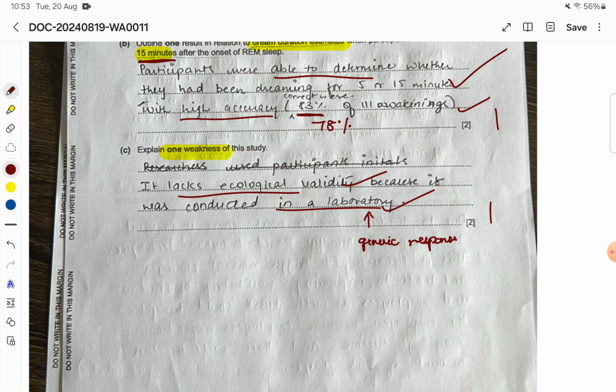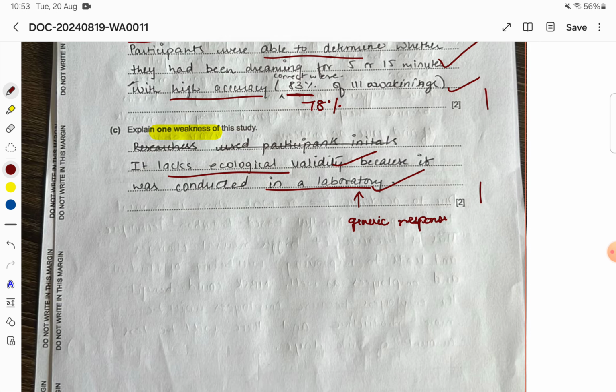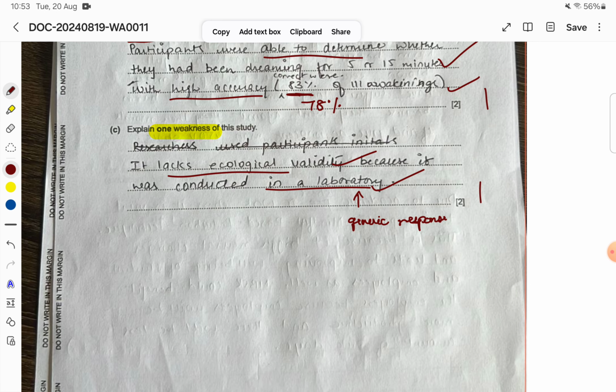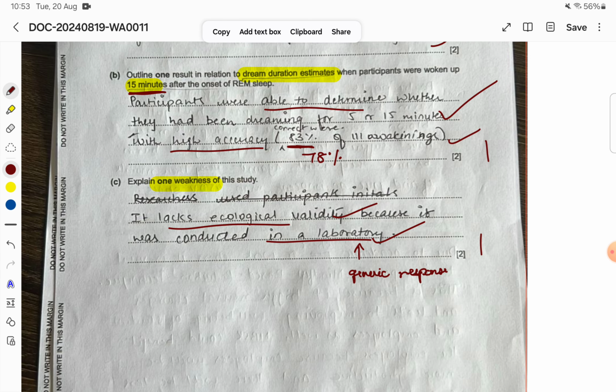Generic responses always bring down answers by 50%. Okay, so answers should always be specific. A generic response can be a starting point for an answer. It cannot be the complete answer, which means that here the student needed to give some specific example of a task or the setting which made the study lack ecological validity. In Dement and Kleitman, there are numerous examples of why the study is not ecologically valid. One being the lab environment,